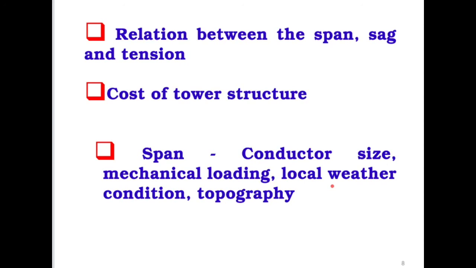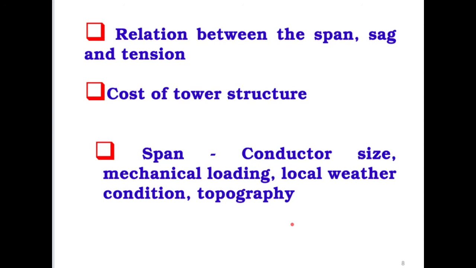So you cannot afford to have too much swing, causing a situation where they get damaged. So that is also important, and the topography. When the land is plain, we can have a longer span as compared to hilly areas. In hilly areas, we cannot have a longer span because one of the structures will be located at a higher level or a lower level. That is going to cause the ground clearance to be very different from the plain land tower structure.